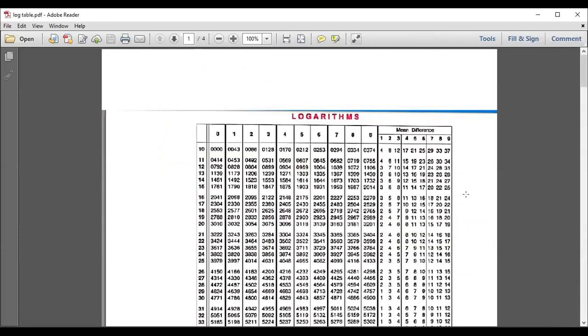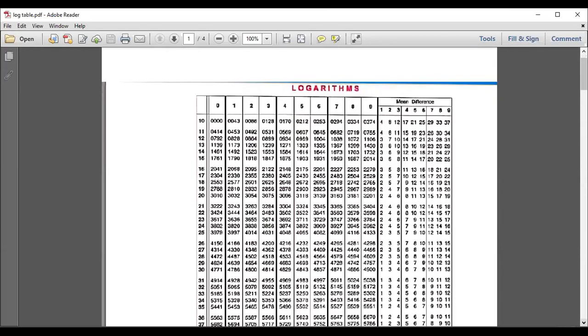So here is the screen in front of you. All right. Okay. Now to explain you all practically, जैसे मैंने बोला था logic is 211. ठीक है. तो 2 का मतलब होता है, can you all see the first two digits 10, 11, 12, 13, 14, 15? This is your 2. फिर 1, I told you आपके पास ample series होंगी 0 से लेकर 9 तक. So these are the columns. Out of these columns, any one you have to select depending upon whatever is the number. And the next one is the mean difference का column, as I told you all. So it is from column 1 to column number 9.